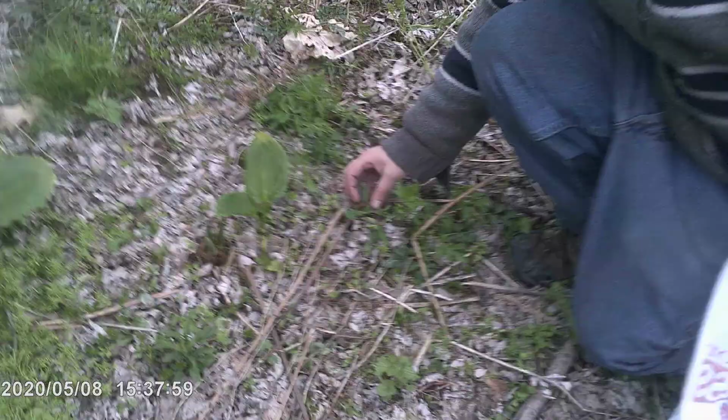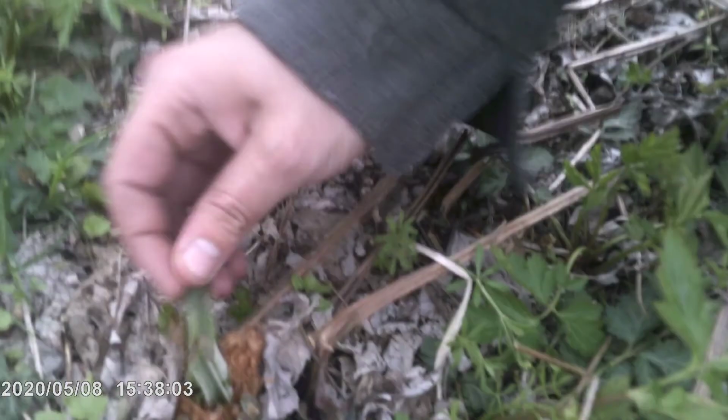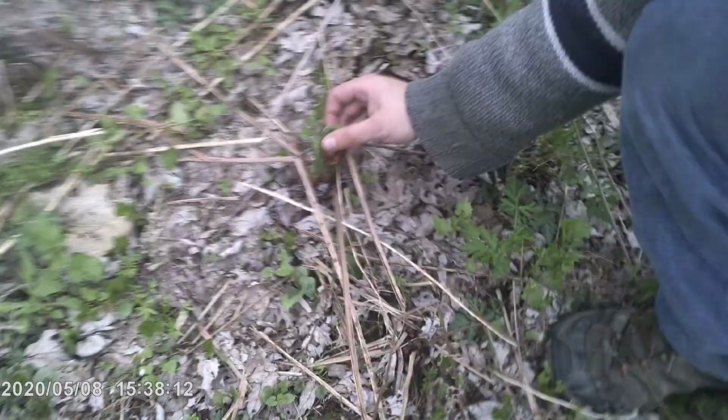So if we look right here, this was an old bunch of fiddleheads. Somebody came through and they picked off every single top. So this will never grow back now, unfortunately. However, if we start looking around, there's a lot of untouched fiddleheads out here that we are going to be